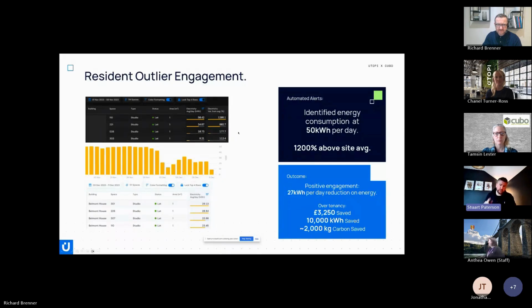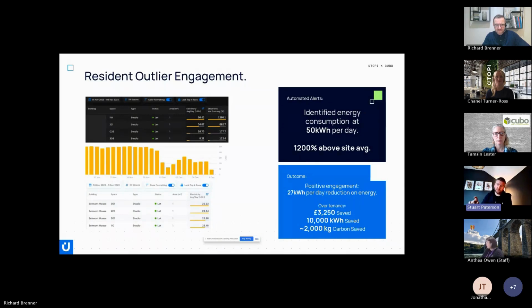So we had a chat to the operator, who went up and had a chat to the resident, and actually what the resident was doing was mining for Bitcoin. So you can see on the 2nd of December here, the resident had agreed that they would unplug one of their servers, which ultimately halved the energy consumption, and they went down to 27 kilowatt hours. Now, within a couple of days, it went back up, and the operator went back round for another conversation, and then after that, it was maintained at 27 kilowatt hours a day. Again, still very, very high.